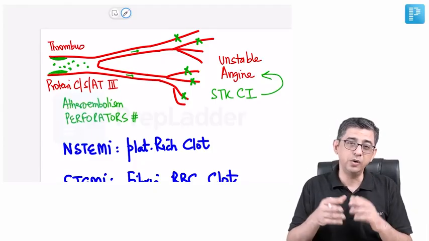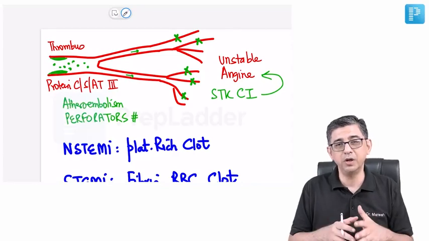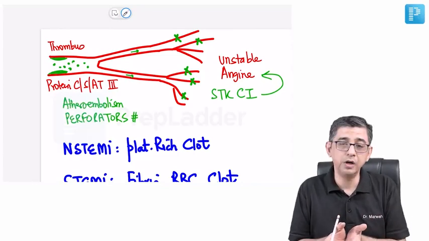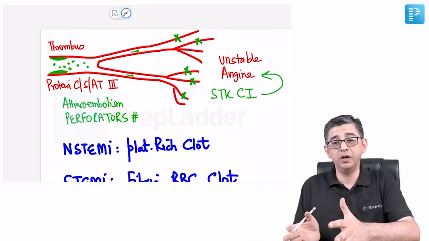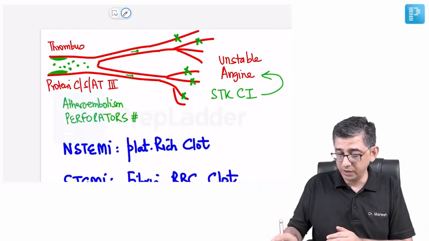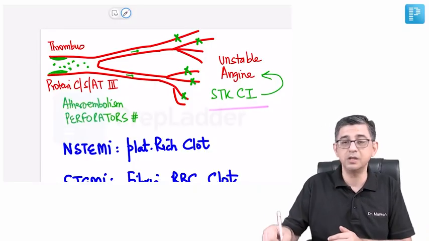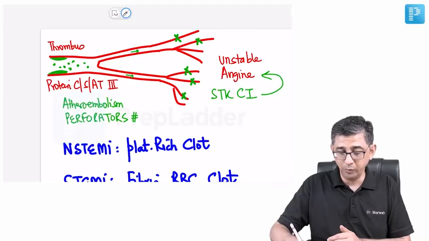So since the clot is already in the process of fragmentation, if you give thrombolysis, it will break the clot into further pieces which will get further disseminated and worsen the patient. Thrombolysis is never done in unstable angina. It is atheroembolism as a